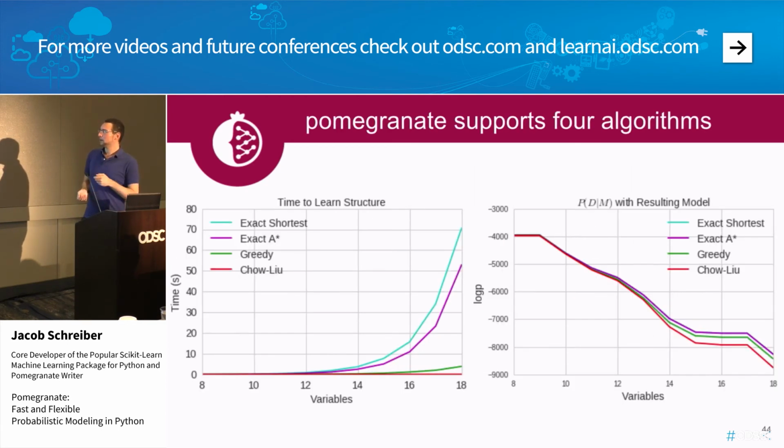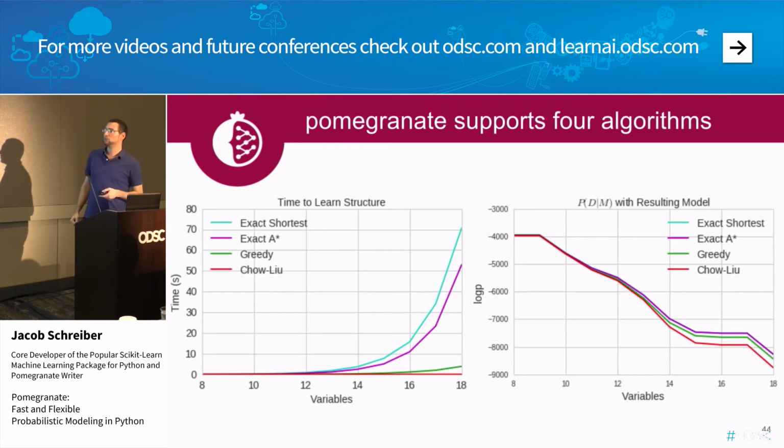So Pomegranate has this dynamic programming algorithm implemented both as a shortest path formulation and as an A-star search formulation, where the A-star search is still exponential in time, in magenta, but is slightly faster. Then I have a greedy algorithm that I developed over the course of implementing these. I haven't yet published it because I don't think the world needs yet another greedy Bayes-net structure learning algorithm, but it provides pretty good approximations. That's currently the default in Pomegranate, because I don't want people to kill their computers by not knowing that exact structure learning takes forever.